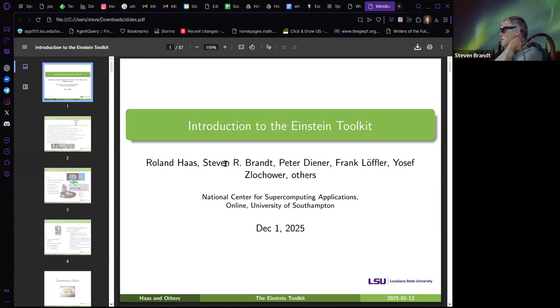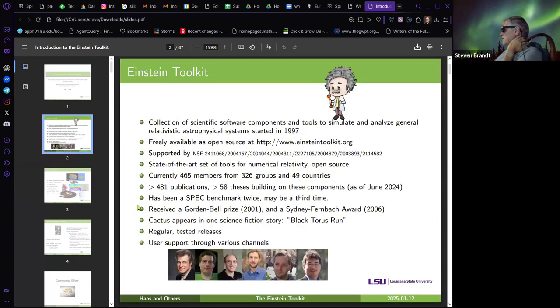Okay, so this is the traditional Einstein Toolkit talk that we give for new students and people who are new to the project every year. The Einstein Toolkit is a collection of scientific software components and tools for general relativistic astrophysics that was started in 1997 at the AEI. It's freely available as open source at this URL. It's been supported by